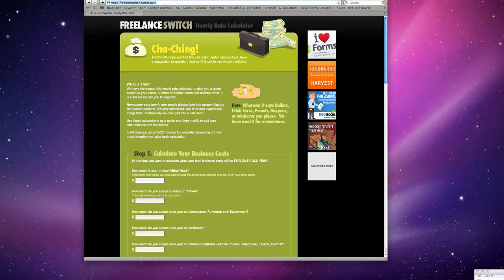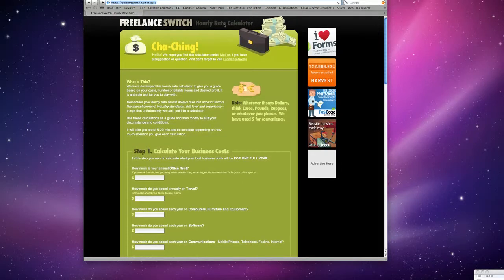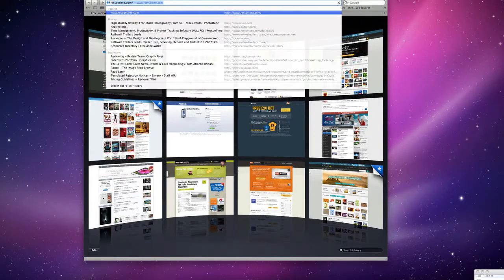This is just going to give you a rate that you should charge to make profit. You're going to need to do a little bit more research. You're going to have to find out perhaps what the going rate is for your industry, and also what beginners and experienced designers are charging. And you can do that using the Rockable Press book. If you go to